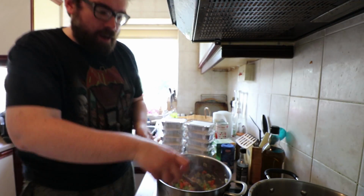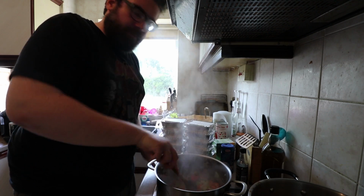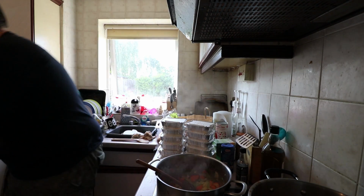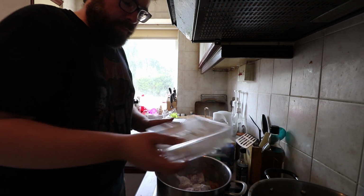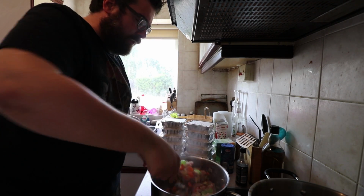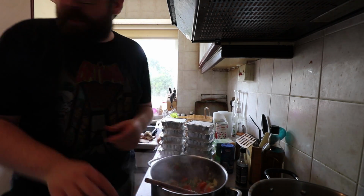Let's hope not. Right, chicken stew. We are running massively behind now. Some real life happened. But the veg and stuff for the chicken stew is softened. So now we just need to add the chicken thighs with the flour on them. Just stir this in a little bit. It's exactly the same process we went through for the other two stews that are cooling here. So the last step,